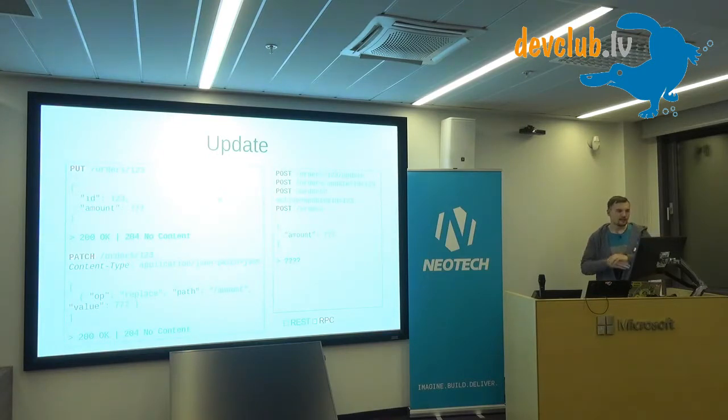Now update. Again, you can put stuff. It's exactly the same as in the first slide, and then patch. Patch is something that is not standardized at all. Here I show the JSON patch content type, which is basically an array of objects called something like operations. So it has an operation like, if you want to change the amount of the entity orders/1/2/3, you just use operation replace. You put the path, so it would be /amount because it's the first field in the root, and then the value that you want to update, and you get 200 OK or whatever.